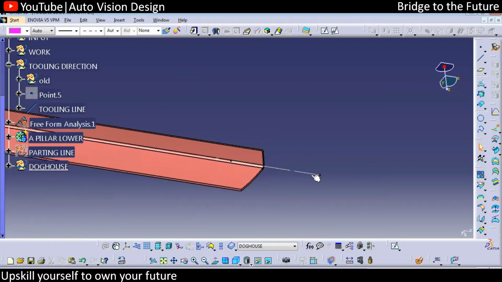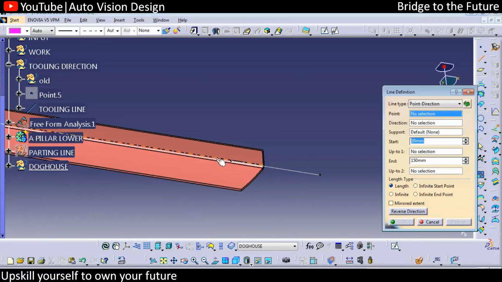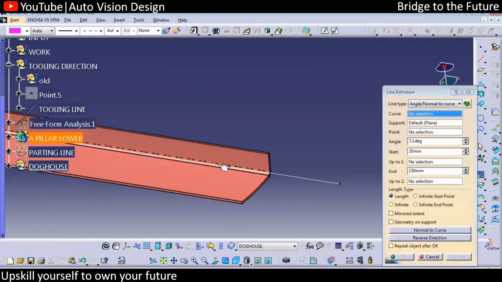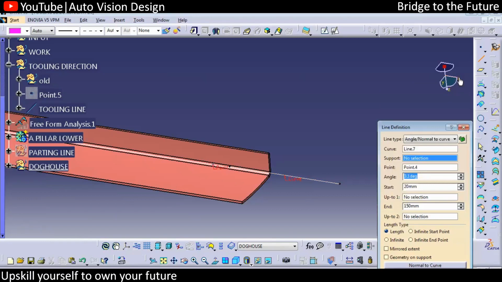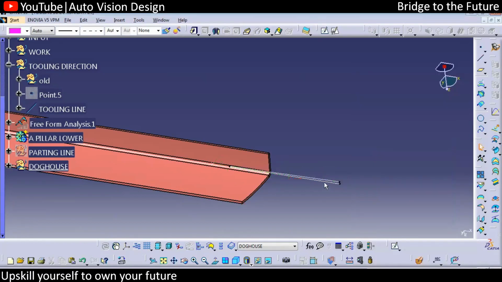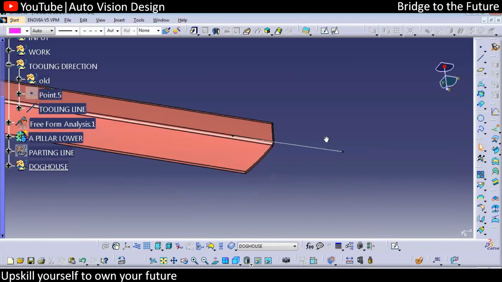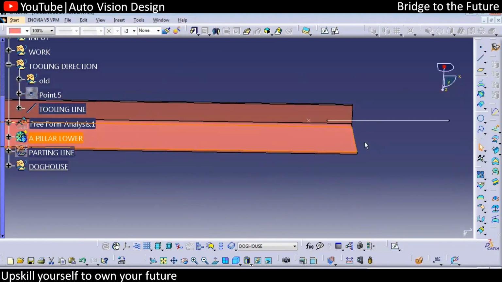Okay, so what we can do is create another line, which is going to rotate. So we'll create one line which will be rotating. We'll select the curve, we'll select the point, we'll select the support, something like XZ. Okay, so XZ will be the support, and we can make it at angle 1. So we can change that later on. Okay, why did I create that line? If that bottom surface needs to be cleared at 0.5 degree, if not required, we need to change the angle.